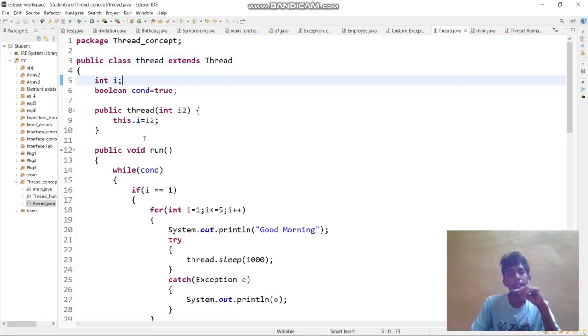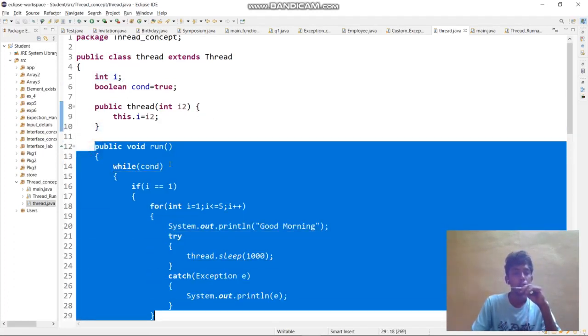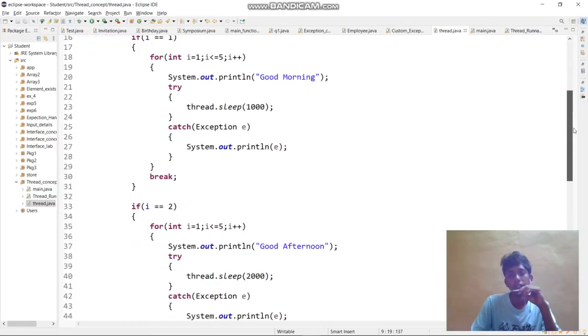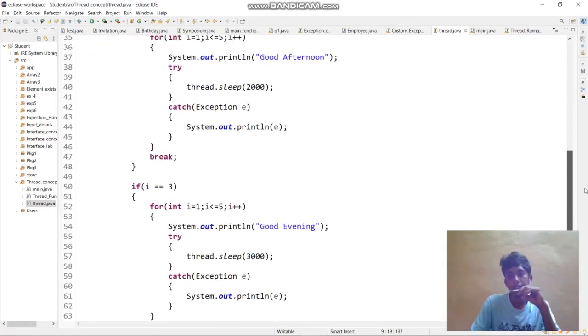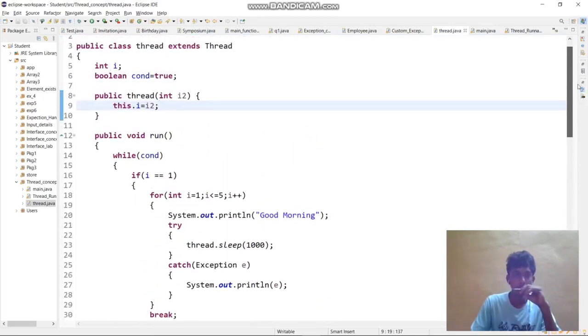In that class, we need to override public void run. This is the main function. Whatever statements you write in this function are the body of the thread. So in this class, I am extending Thread, and I am creating a boolean value and true something. I am creating all four thread statements in a single function. That is, we are creating an array of four objects.